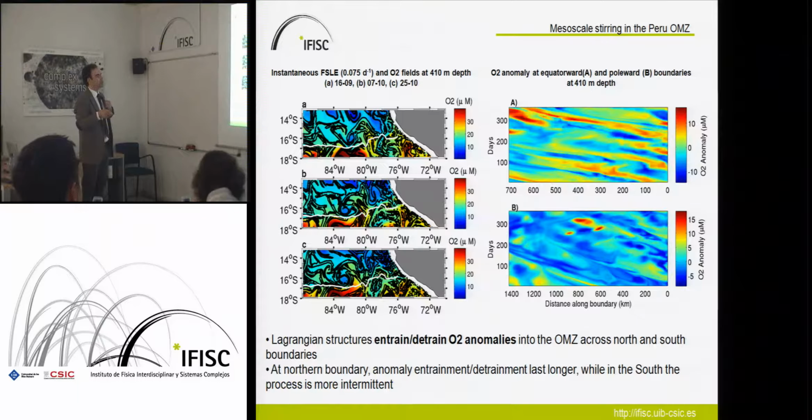see that on the north boundary and on the south boundary, it is a recurrent phenomenon, and especially at the northern part it's fairly regular, while at the southern part it's more irregular, but actually you see the strongest episode, which is this one, occurred here in the southern boundary.